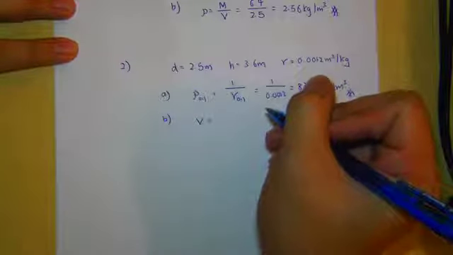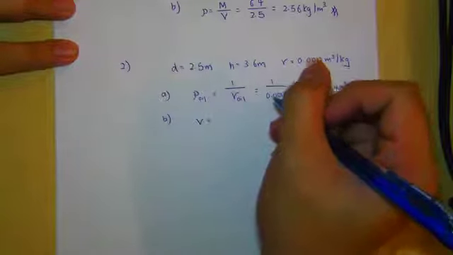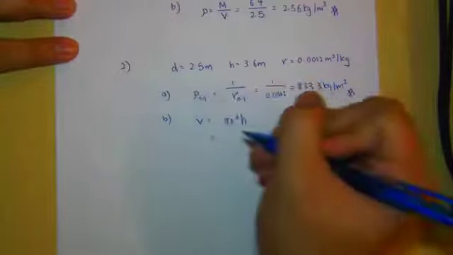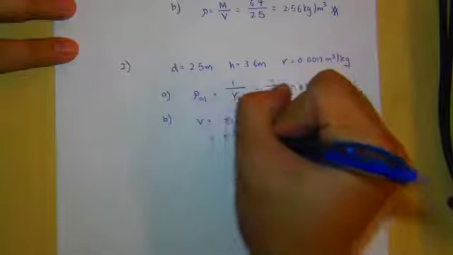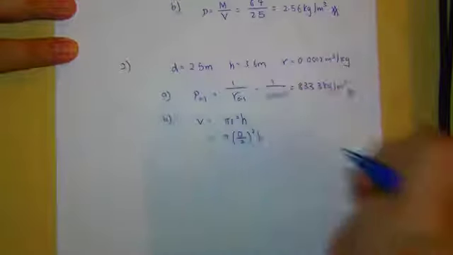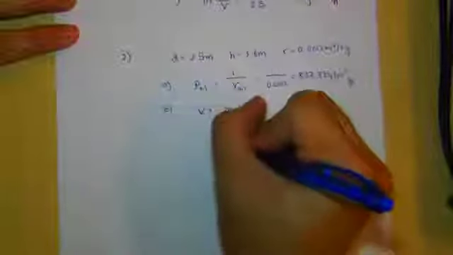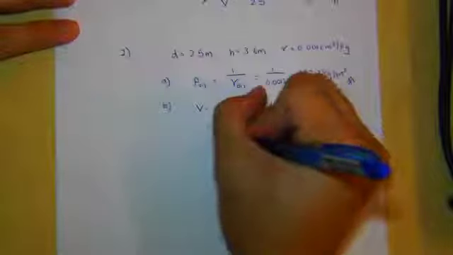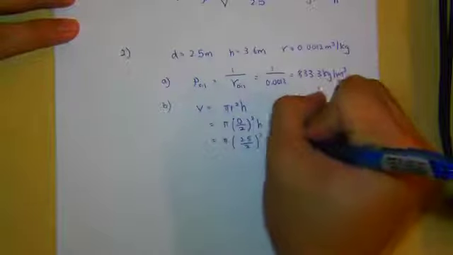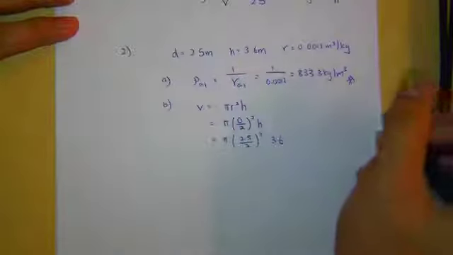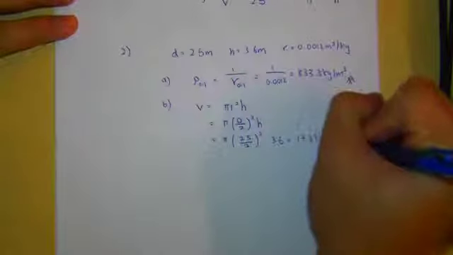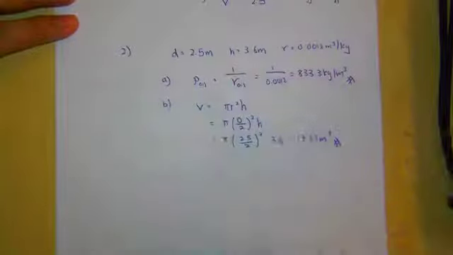So the container is cylindrical in shape. So the volume formula for the cylinder is pi r square h. However, in this case, since we are given the diameter, we've got to convert the r into d over 2 square. Okay, so from here we can plug in. So pi times 2.5 divided by 2 square times 3.6. Okay, so this will give us 17.67 meter cube. Alright,